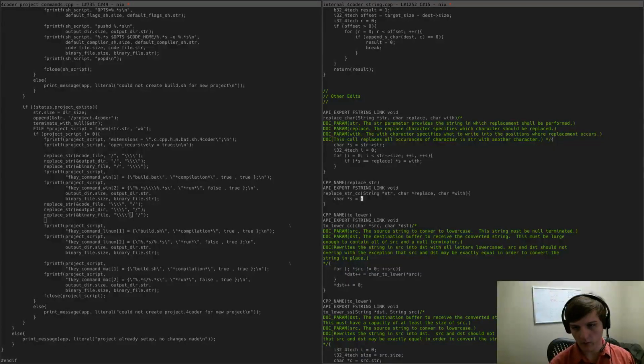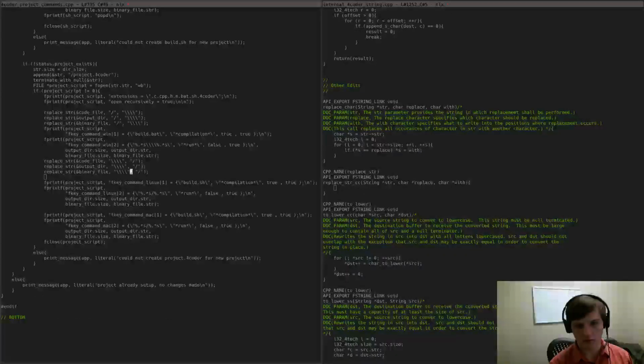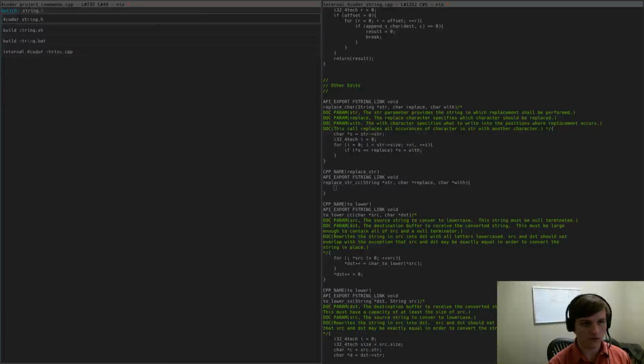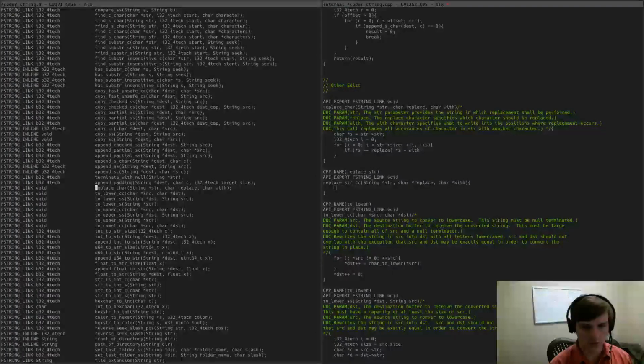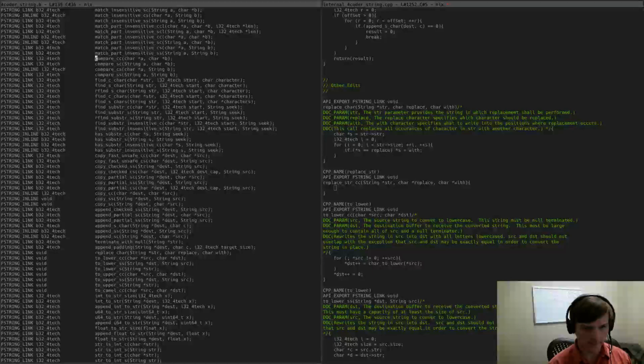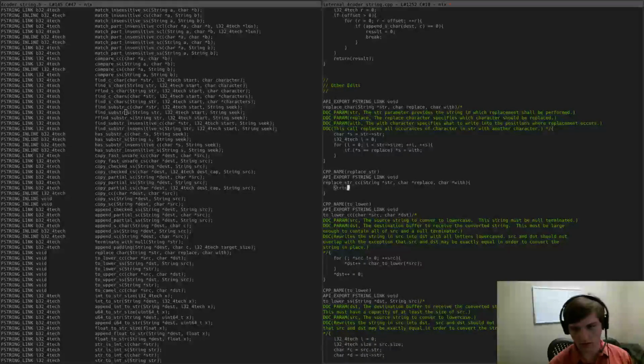Okay, so what I want right now is to get this done quickly and cheaply. So I'm going to go to string.h and look at my options. Everything before replace char is on the table. Find cchar, find substr c. So what I'm going to do is we're looking for a certain substring. We'll take a string